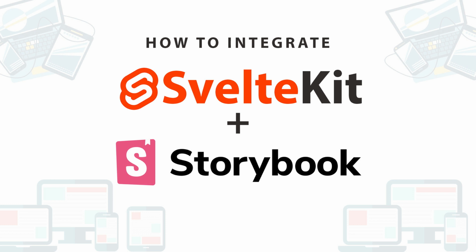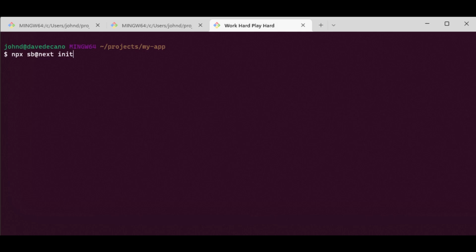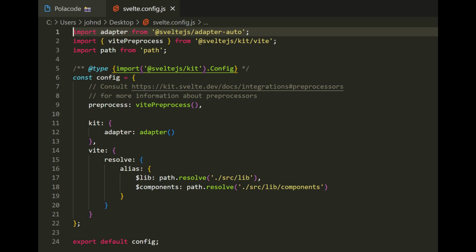Now, after setting up the SvelteKit project, let's go ahead and install Storybook. We can do that by typing npx sb@next init. As you can notice, we're using the next version, which is the latest version of Storybook that is compatible with SvelteKit to date. Then, open up the project on VS Code and edit the file,